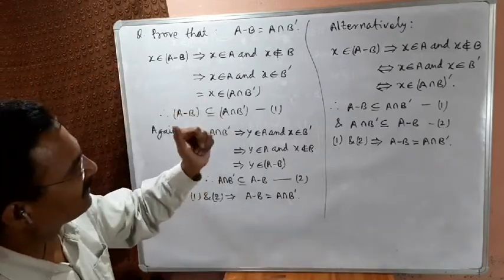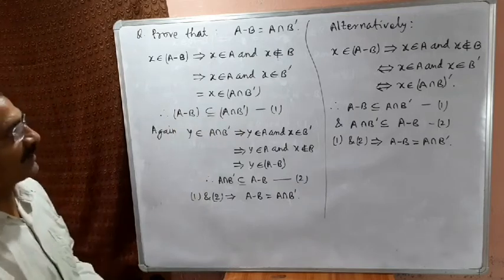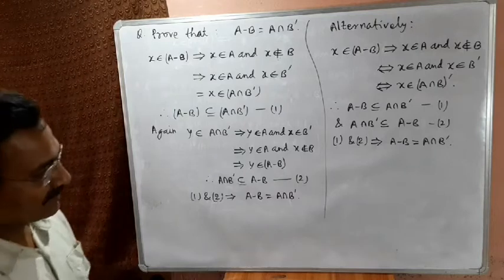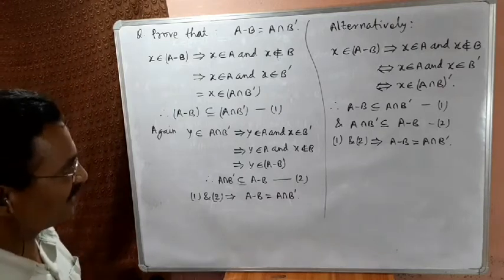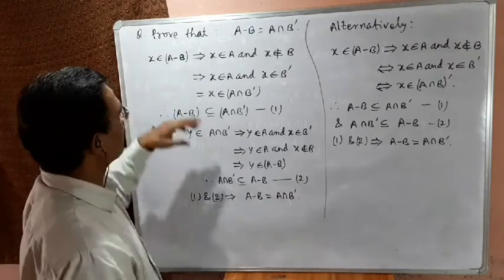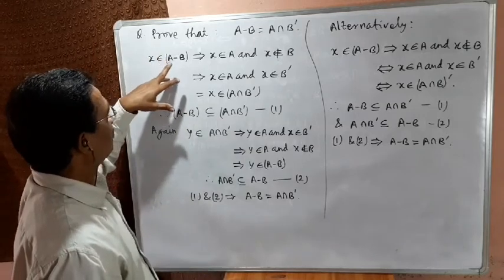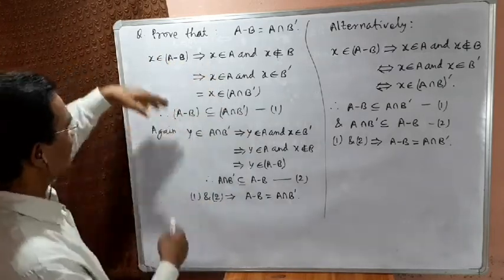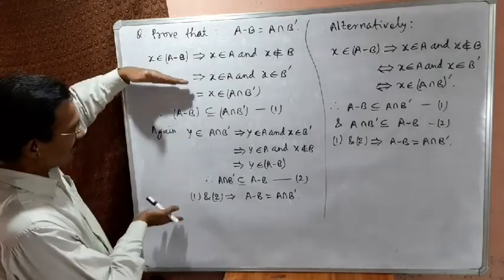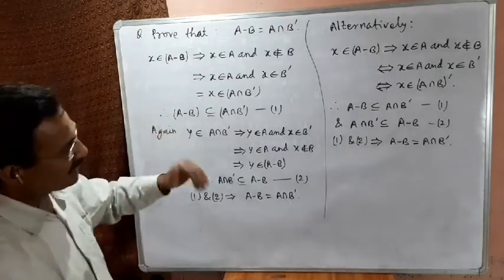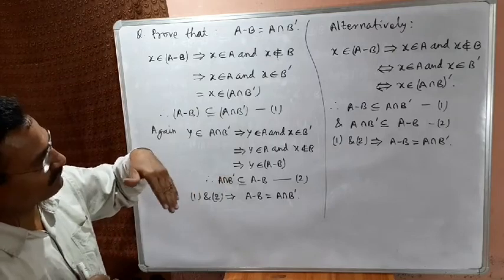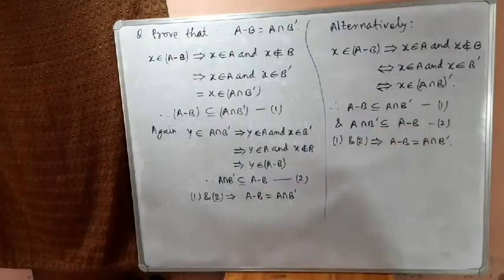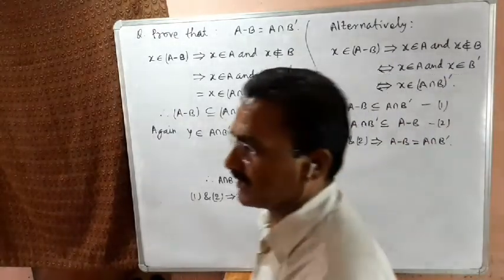The same problem alternatively, we can reduce our writing by some steps. You understand vice versa. Just consider we have to prove once this is a subset of this and this is a subset of this. For this we have dealt separately. These two can be done simultaneously. Just try to understand what I am telling.